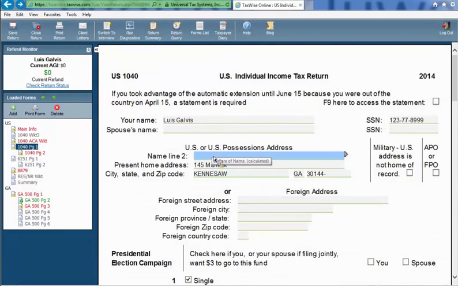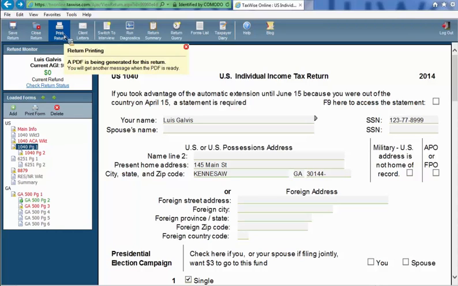If I need to print the tax return, maybe for a print preview or just to print it and show it to someone, I can go to print return right here, top left corner, and all I have to do is wait a couple of seconds for the PDF to be generated, and that PDF will open up in a new tab as soon as I click open in a new tax return window. And sometimes, depending on your internet connection, it may take a few seconds or it may open immediately. But it serves as the PDF print preview. It also serves as the tool that we use to print the return,